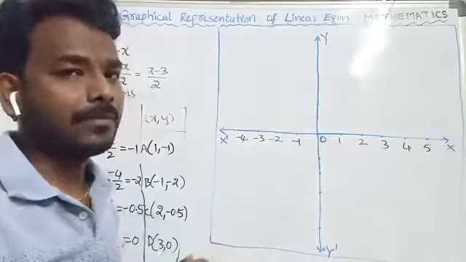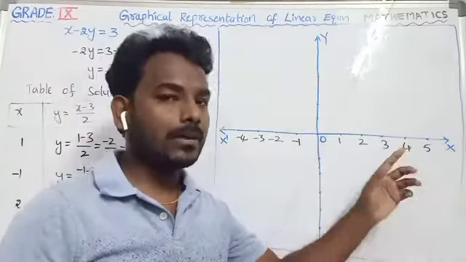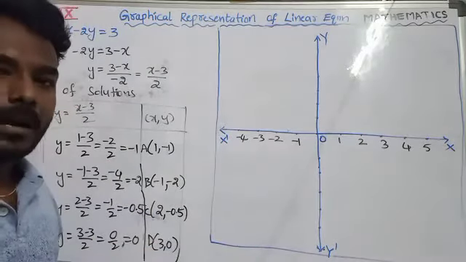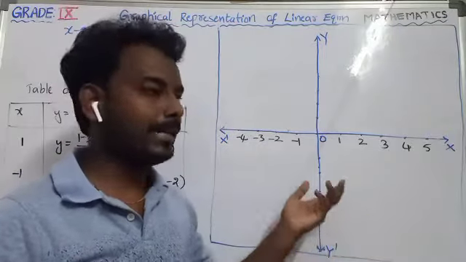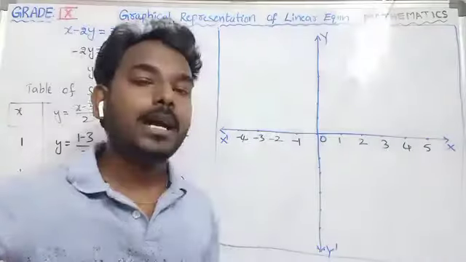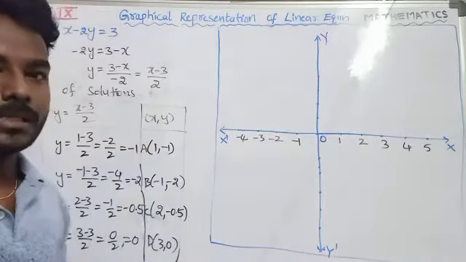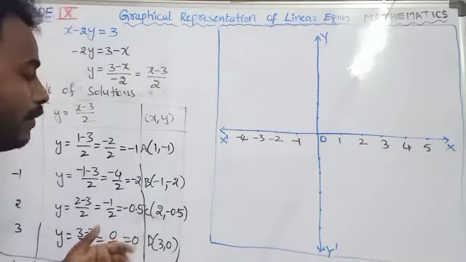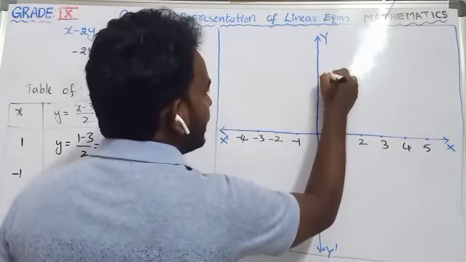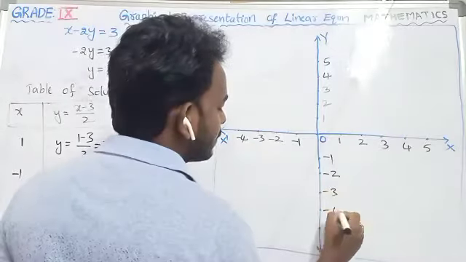Otherwise, if you have values in terms of hundreds, for x or y, whichever it is, if all the coordinates are in hundreds, you need to take the scale in terms of hundreds only. It is easy to locate. If you take 1, 2, 3, 4, you can't get the 100th point on the x-axis. That is the reason we need to consider a scale here. Even here the y coordinates are less than 3 only, so you can use the scale 1 centimeter equal to 1 unit here also: -1, -2, -3, -4, -5.